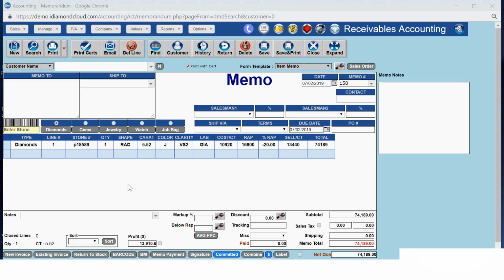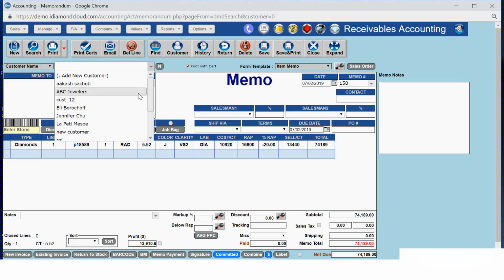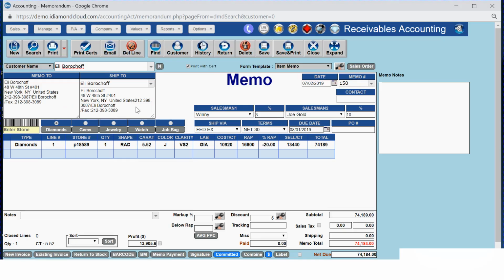Once we have a stone on Memo, we can select the customer from the drop down. On the grid, we can change the below. This is the wrap price as of today. This is a cost per carat. Of course, it doesn't print. This is strictly for you to figure out profit, and also to know that when you're billing it, you're not